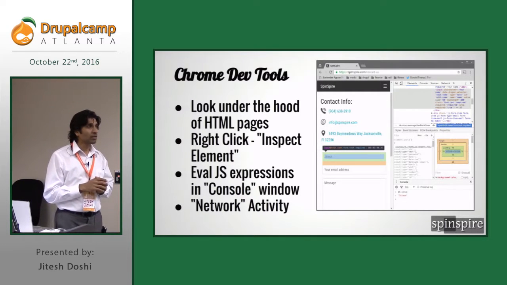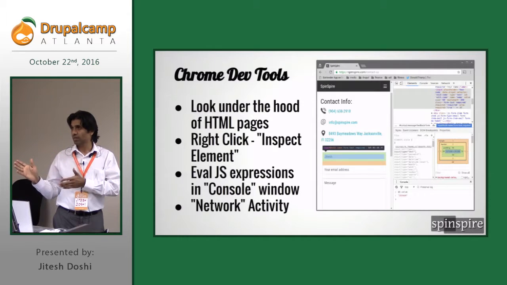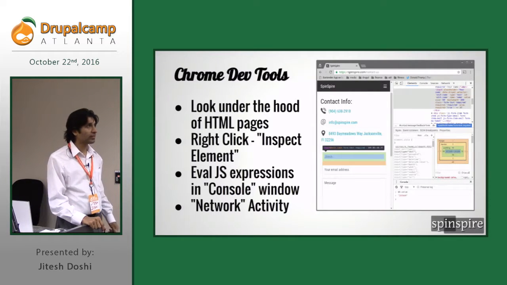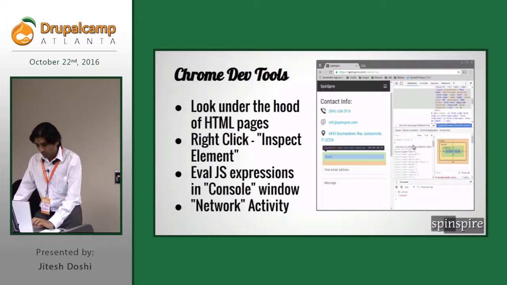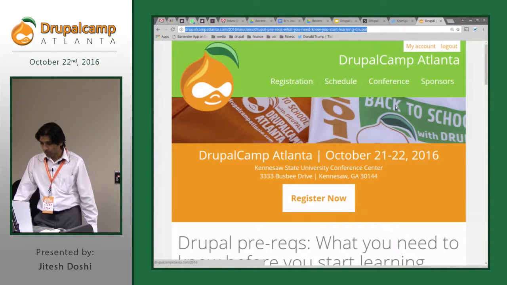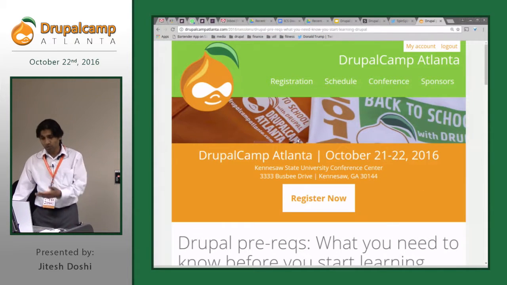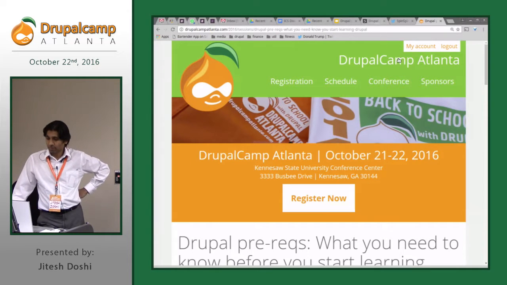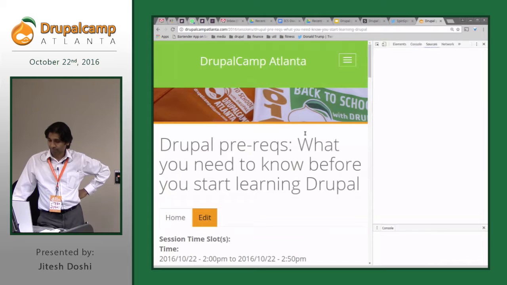Okay, so as long as you use either Chrome Developer Tools or Firebug, Firefox Dev Tools, that's fine. All right, so since you guys already know Chrome DevTools, I can almost skip over this, but let me very quickly show you what all is there. So basically, let's say you want to see how this web page was written. I am not sure if this is the header area, if this is the banner area, or is this also included in the banner. Whatever you are curious about, right click on that and say inspect.